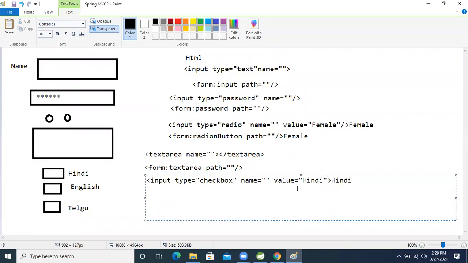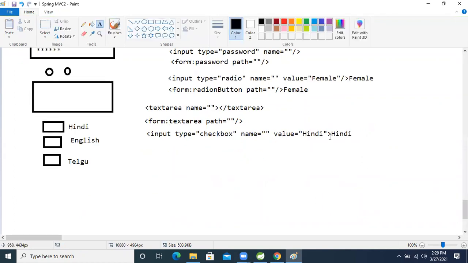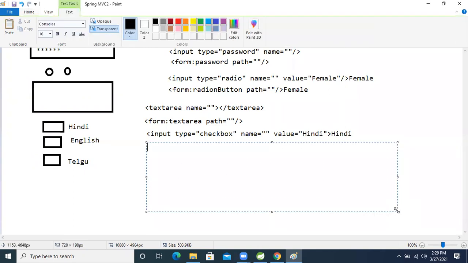Here we are using the HTML style, but whenever we use the STL style, that is the Spring Form Tag Library, the special thing is that we are using the Spring Form Tag Library. We use this concept to make our page editable. That's why I'm explaining this concept, and I will give a real-time scenario based on this concept.